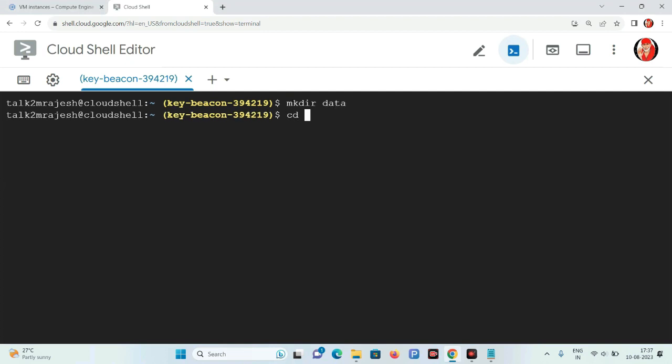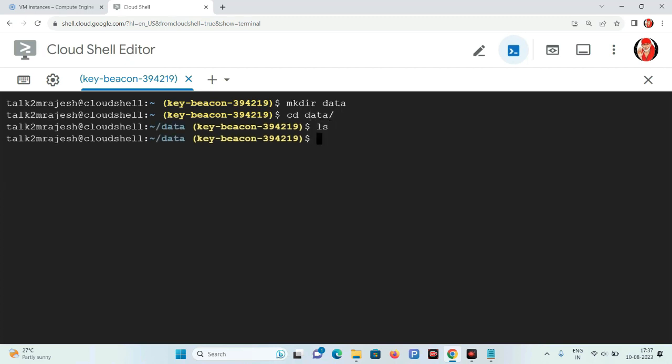Data, then navigate to that folder. Guys, I'll verify now. There is no file available here. Now I am in the current directory data, as you can see here. Guys, now I'll create a first file